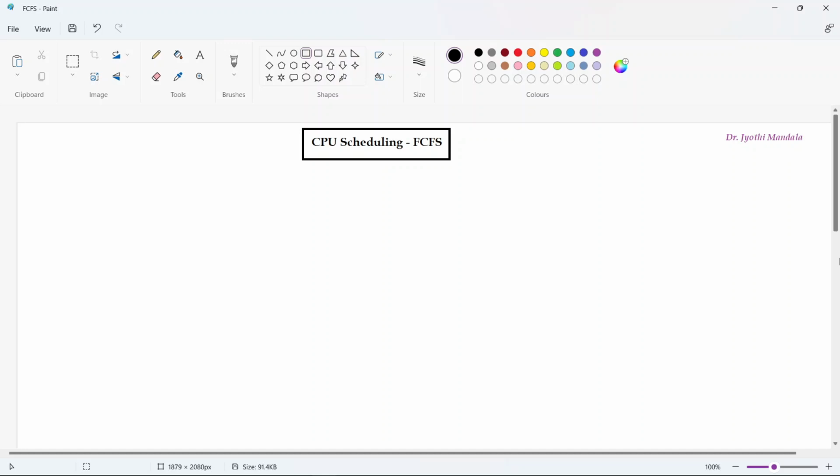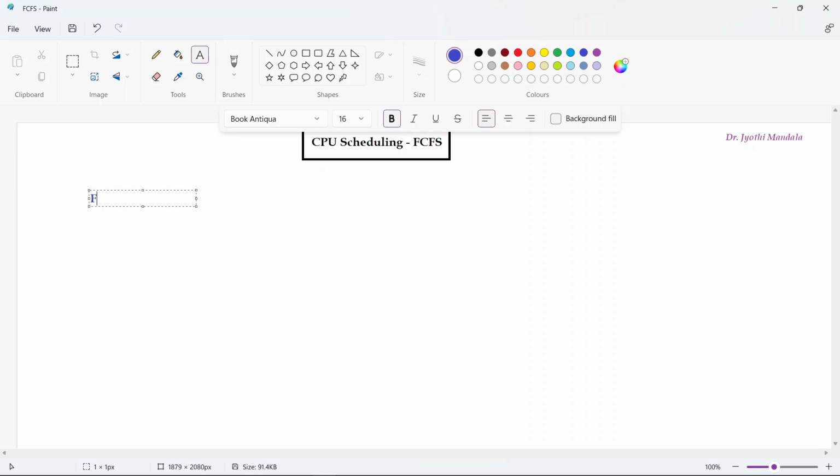Alright, so with that basic information, let us understand the first scheduling algorithm, which is a non-preemptive scheduling algorithm, FCFS. Now what is this FCFS? FCFS stands for first come first serve. Just note down all of you, FCFS stands for first come first serve. As the name suggests, first come first serve means